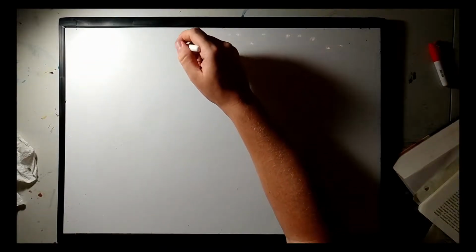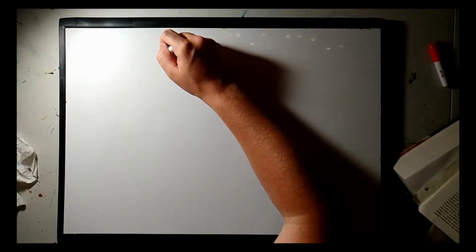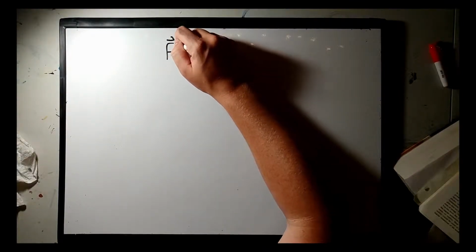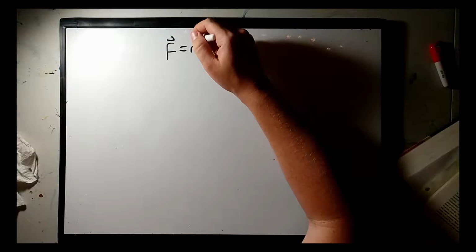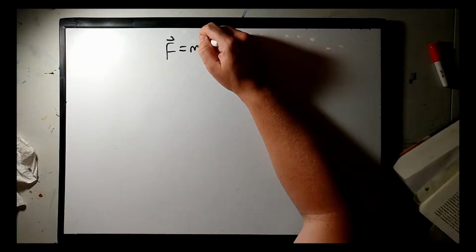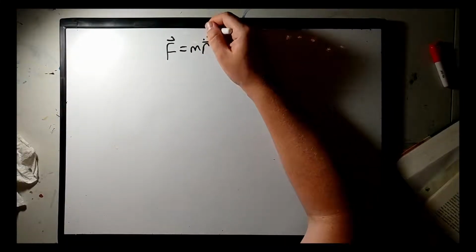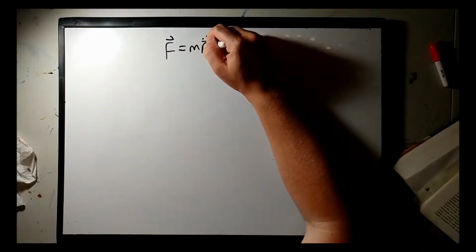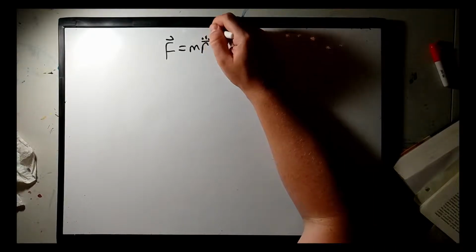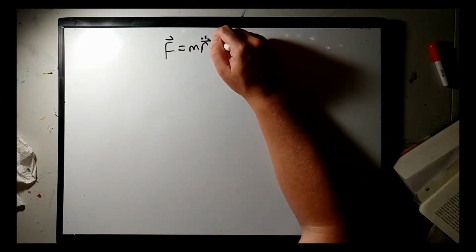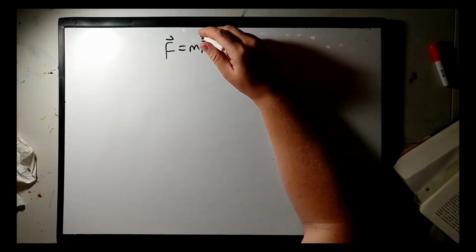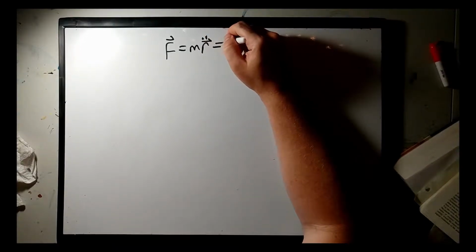Alright, so last time we left off with Newton's law of universal gravitation and his second law. So let's go ahead and write his second law, which is F equals m r double dot. Don't forget the arrows above the letters to denote a vector, and the double dots actually lined up. And we're going to go ahead and just automatically connect them. So F equals m r double dot is equal to